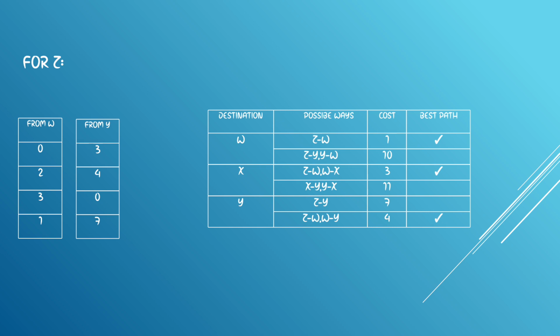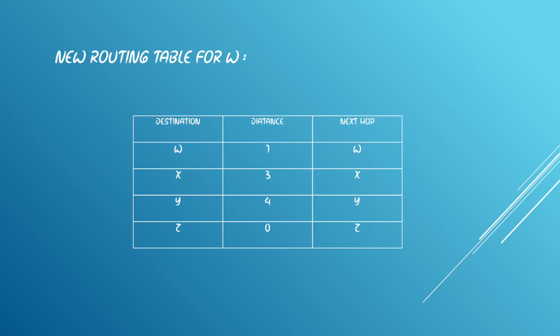For Y, Z to Y costs 7 and Z to W to Y costs 4. Best path is Z to W to Y, cost 4. And the new routing table for Z is: